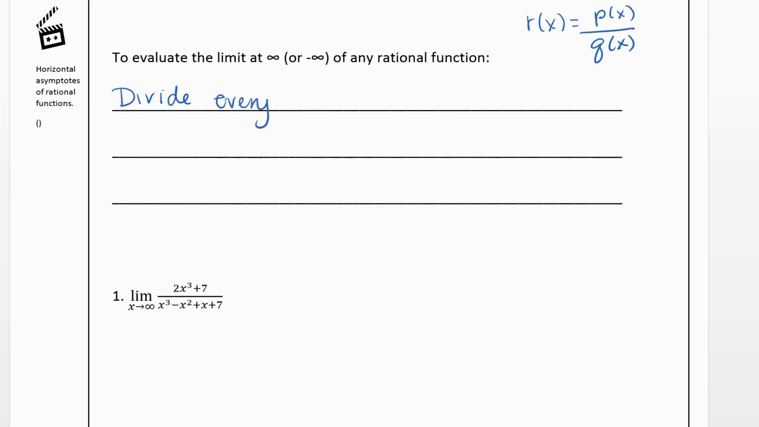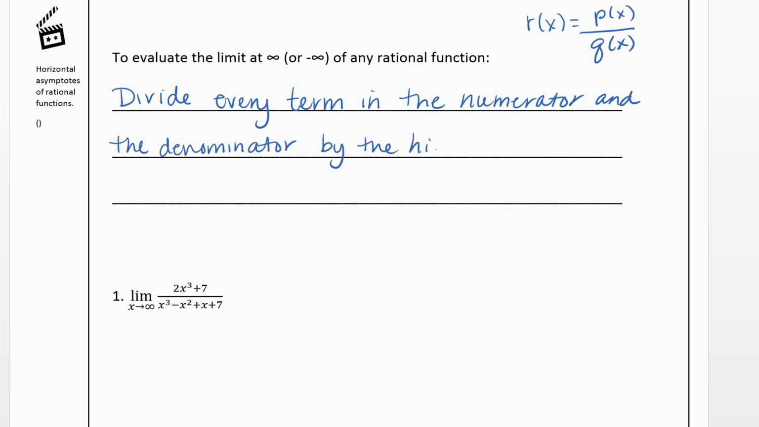every term in the numerator, so the top, and the denominator by the highest power in the denominator. So if, for example, x cubed is the highest term in your denominator, you'll divide every term by x